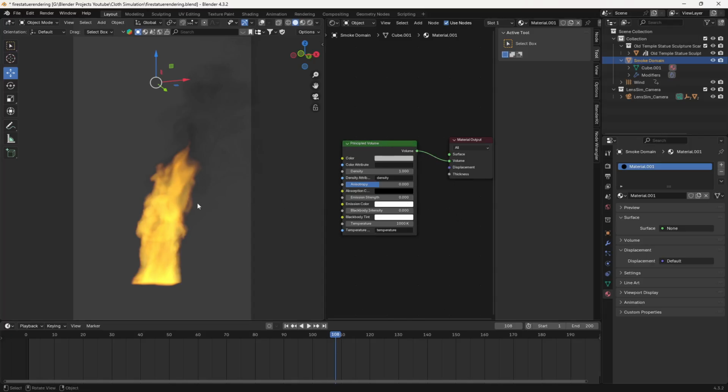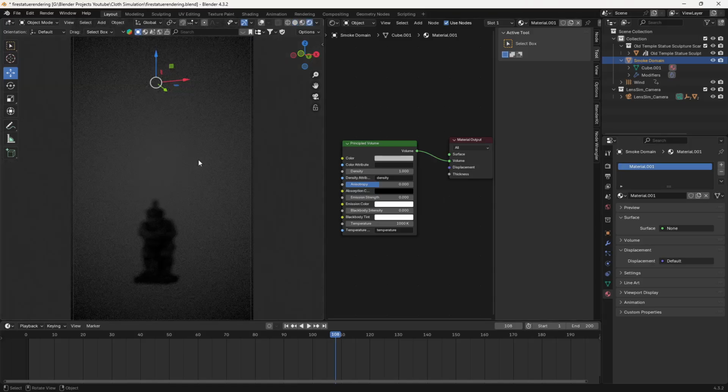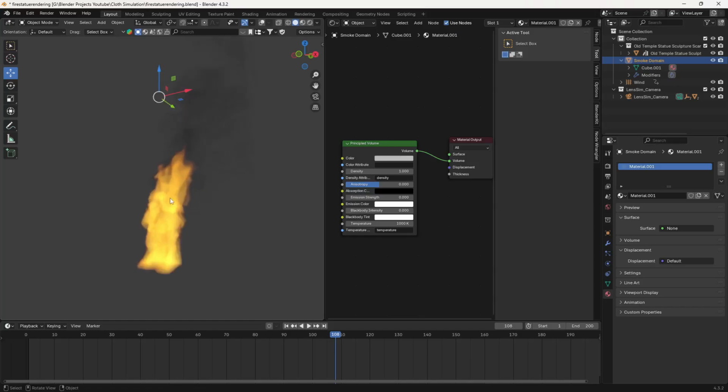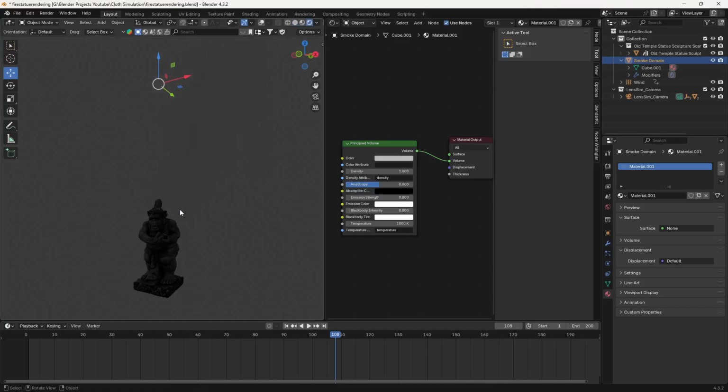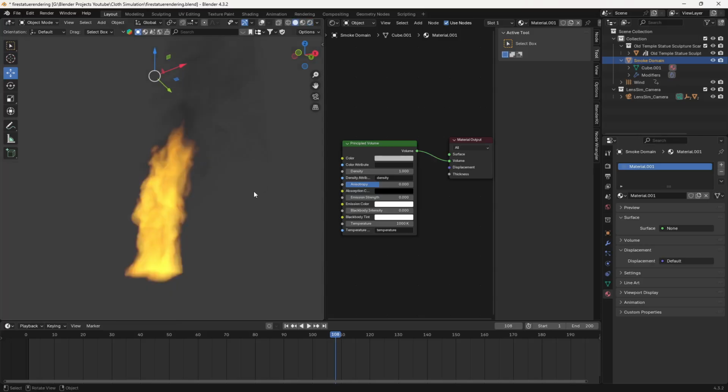As soon as you do this, and if I press the Z key and render this out, you can see right now we don't see any smoke, any fire, nothing is seen here. Let me go out of my camera view as well. Let's do something like this so you can see better. So you can see we don't have any fire, nothing is there. So let's go to solid again.